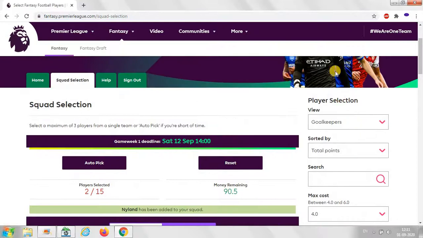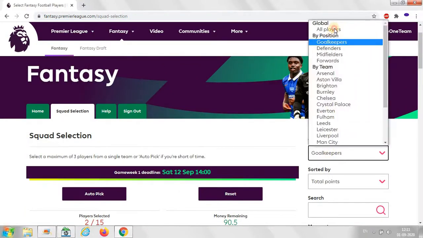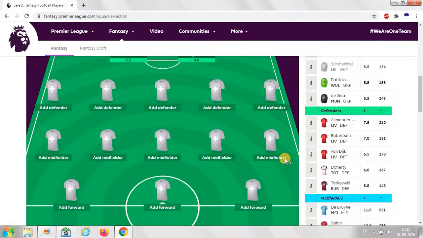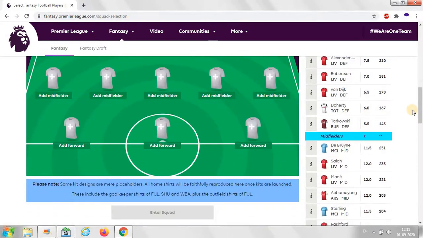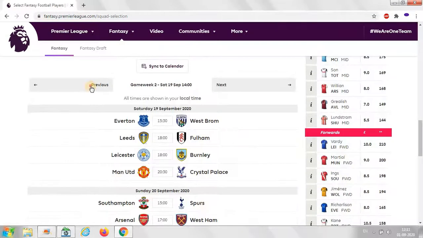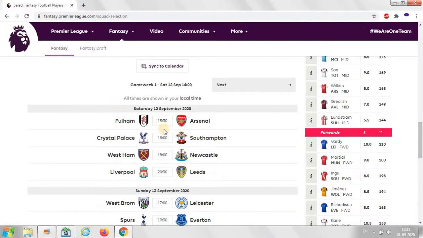If you are taking my advice, I will select 2 to 3 important people who will be there in spite of their money. So see, Liverpool will be playing Fulham first.